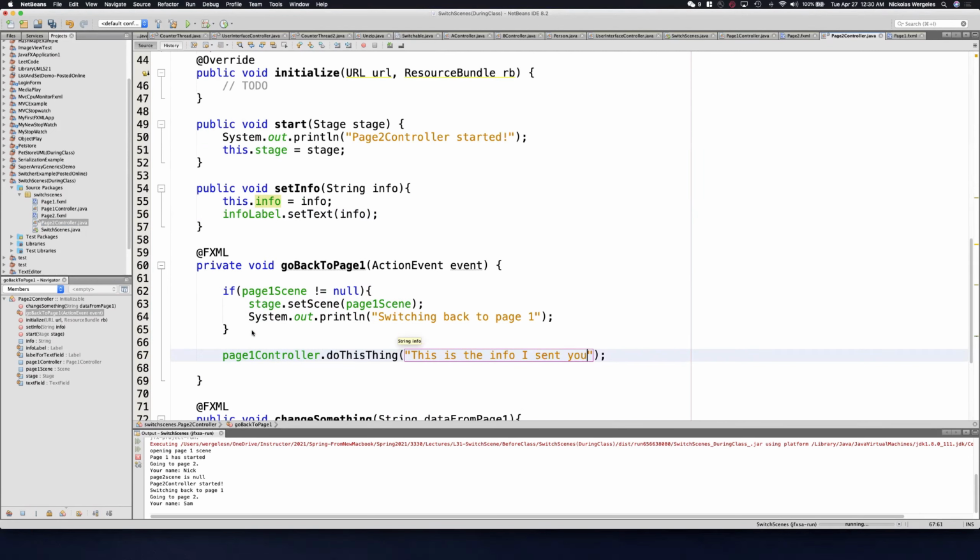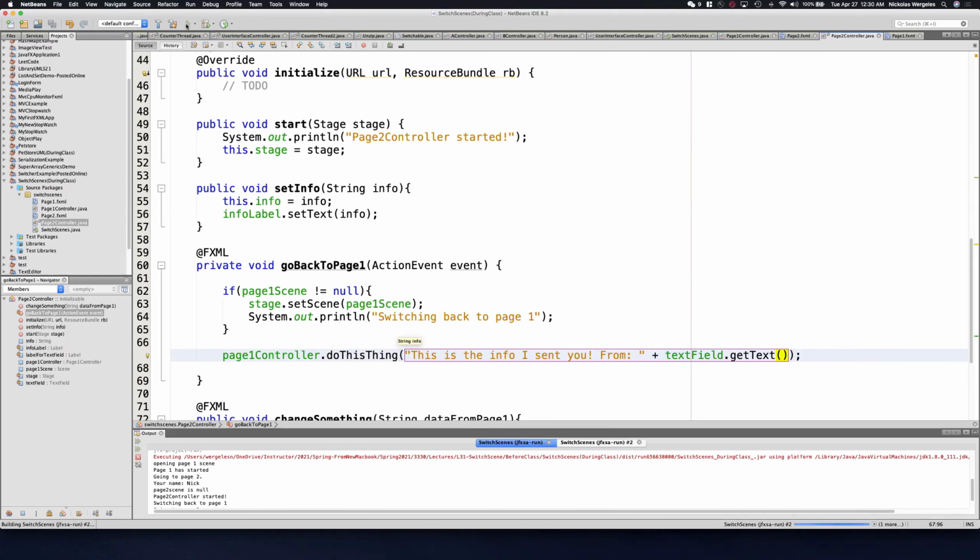I sent you. And we can say it's from. And we can add whatever they typed in the text field. So the result would be text field. I have a text field there. And I can say get text. So if I run this